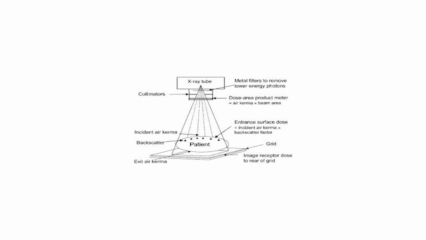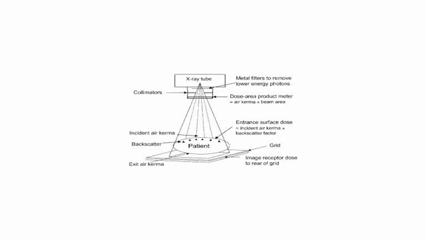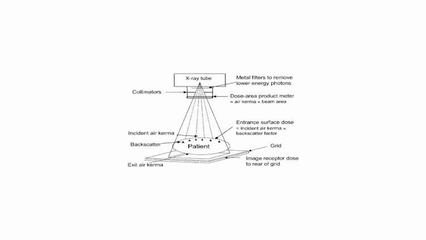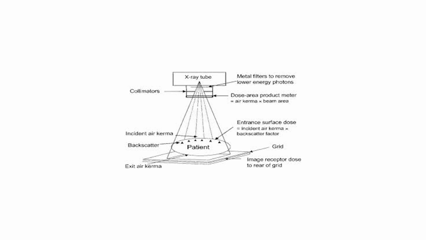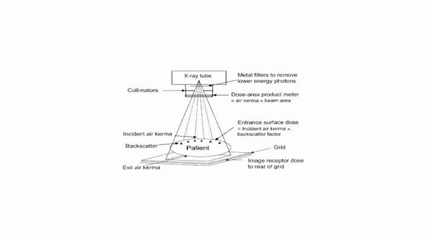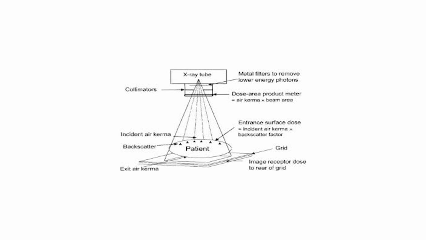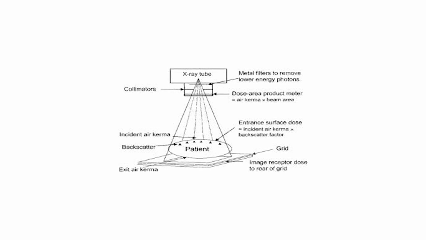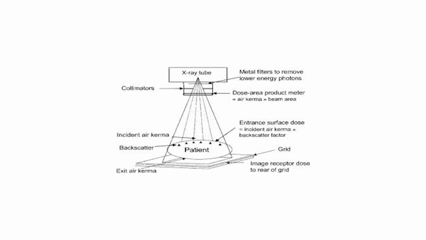Now next one is air kerma. Air kerma is another radiation quantity that is used to express the radiation concentration that is delivered to a point such as the entrance surface of a patient's body. Kerma stands for kinetic energy released per unit mass of air. It is a measure of the amount of radiation energy in the unit of joules, denoted as capital J, actually deposited in or absorbed in a unit mass, kilogram, of air. Therefore, the quantity kerma is expressed in the units of joule per kg, that is the SI unit, the gray. Air kerma is just the absorbed dose in the air.